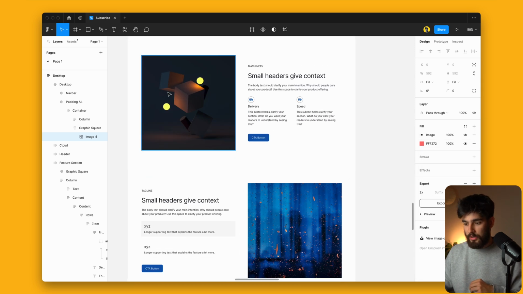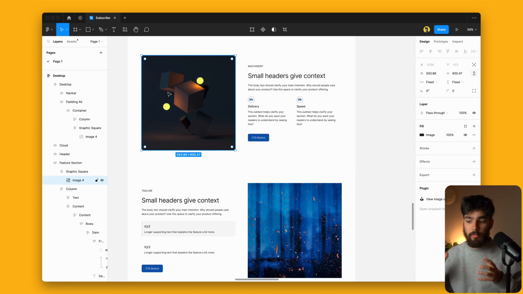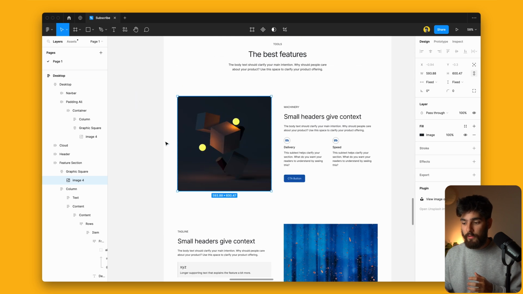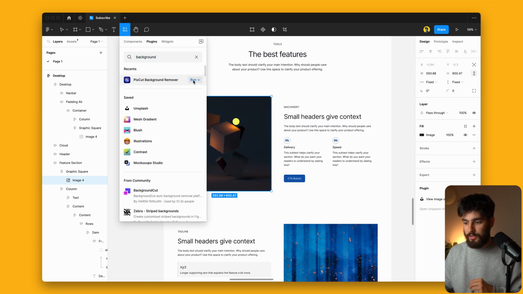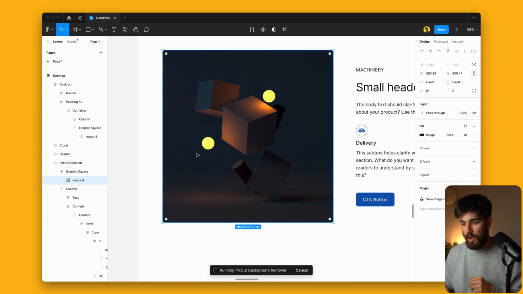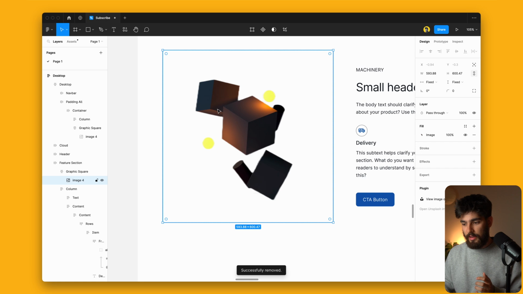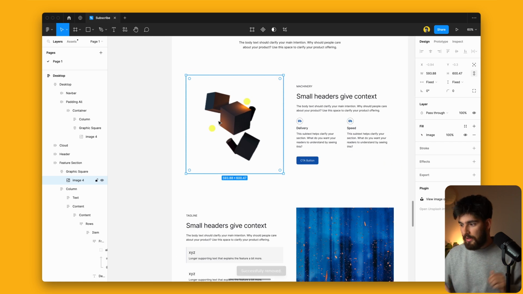We can also start to pick and choose our images a little bit better in this case. Like for example, there was a lot in the foreground. So let's go ahead and pick this one here just to test it out. Let's go ahead and run it. Now, I'm not exactly sure what it's going to do here because there's a lot of similar colors in the background, but I'm sure that it's getting there. It's getting there. But this is a great plugin to use if you guys need some quick and dirty images